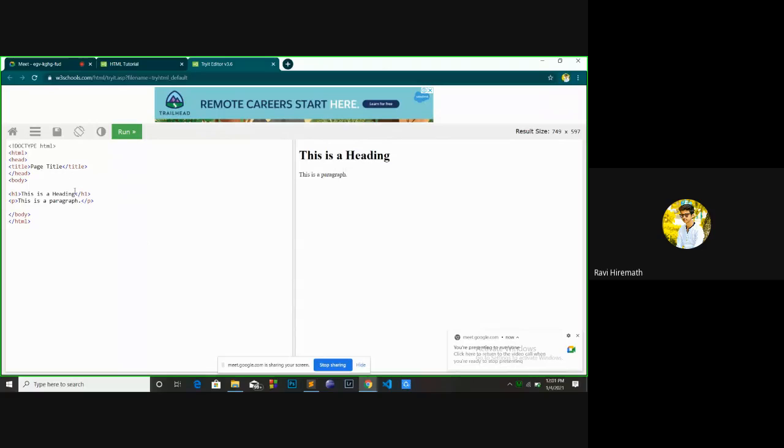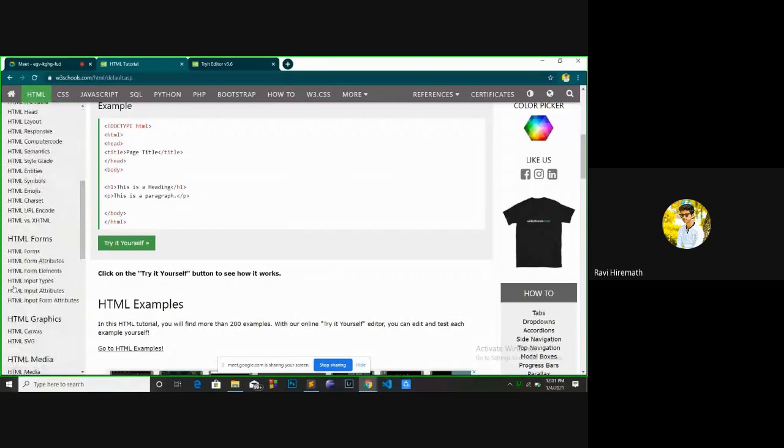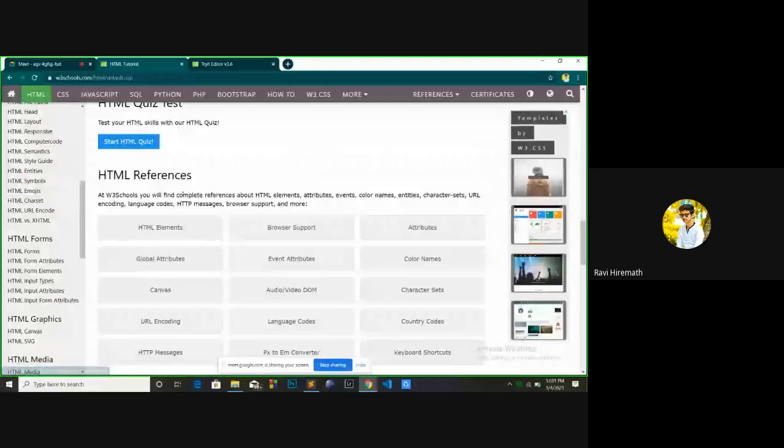You can change anything. I can change this to my name, and it will be visible here. So you can try and test all this HTML for the front end, and along with that you'll have a complete web project, or complete CSS also. CSS things you can also mention here. For example,